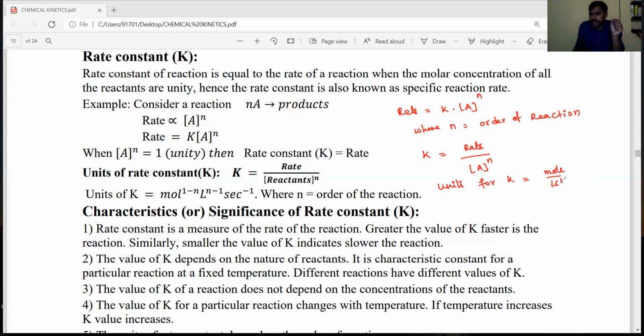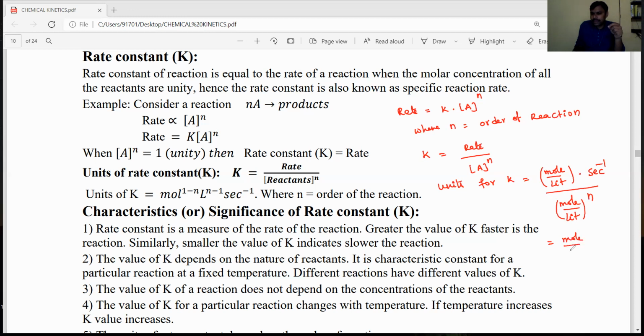Mole per liter. The rate of reaction is nothing but change in the concentration with respect to time. That's why its units are mole per liter, time inverse, or second inverse. Mole per liter second inverse divided by concentration of reactant to the power of n. Concentration units are mole per liter, so mole per liter to the power of n. If you observe this, mole per liter divided by mole per liter to the power of n is nothing but